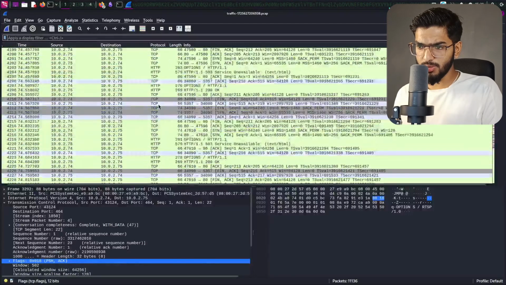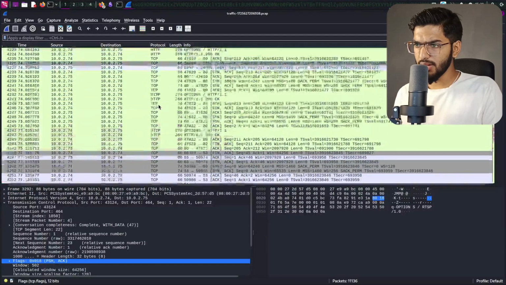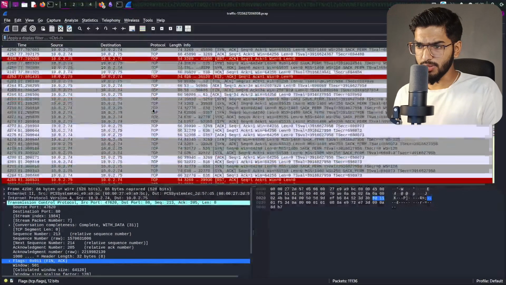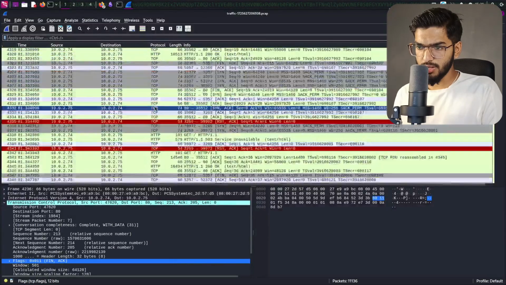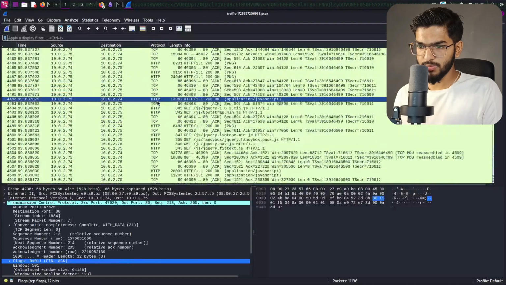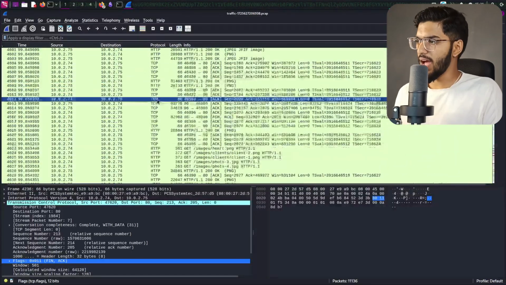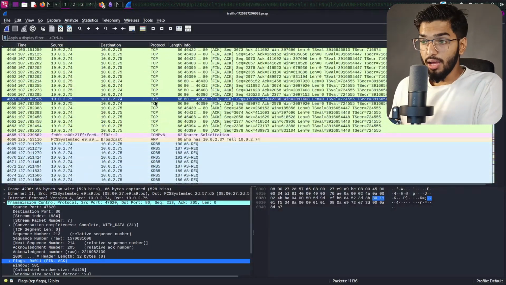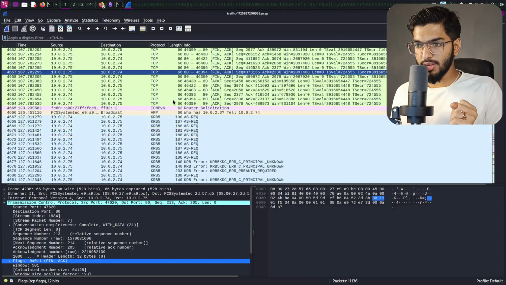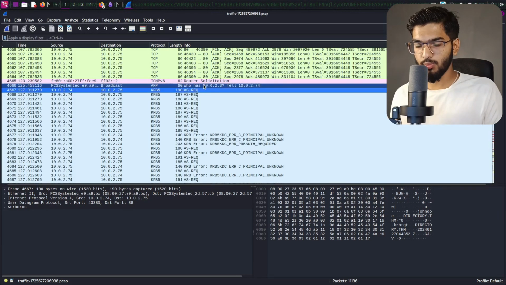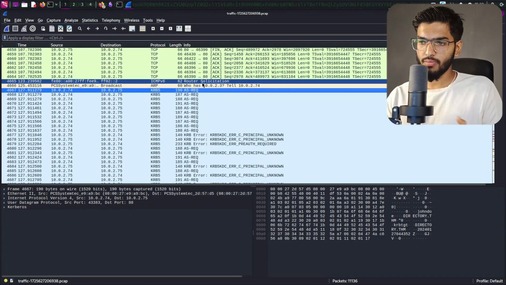Somewhere down here, we start to see some acknowledgement packets. I guess this is still part of HTTP. Let's go further down. Further down. I wish I had the scroll bar. Okay. Suddenly here we see AS-REQ, which is basically the Kerberos protocol coming in, which is a part of